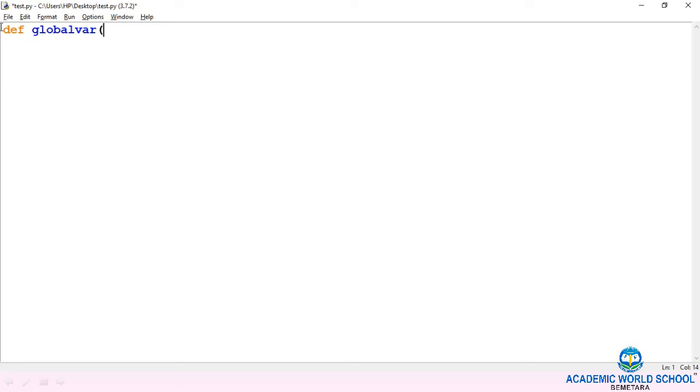This is an example of global and local variable. Function without argument parameters. Global A is equal to 70.